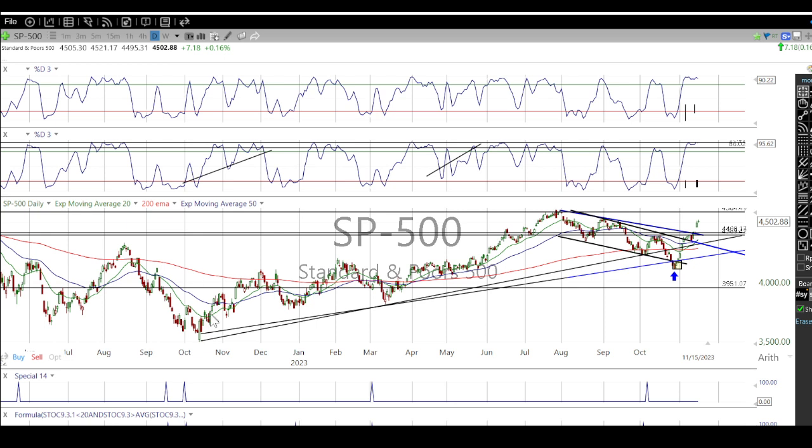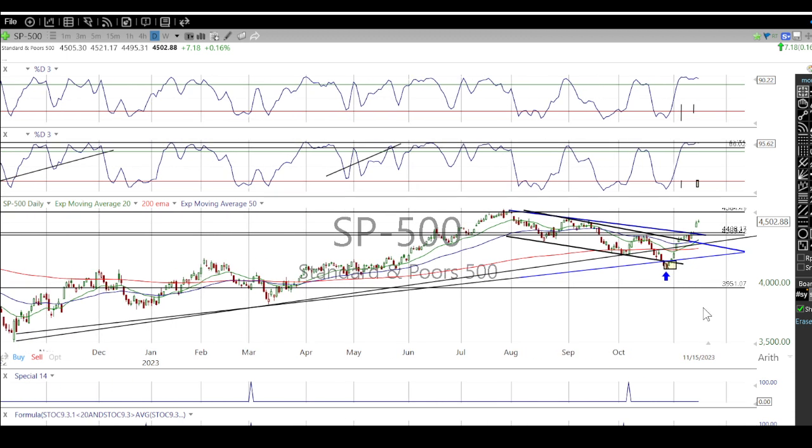Now, if I could show you a typical chart and say, where would you like to be in this chart on the S&P? Now, the S&P is the Standard & Poor's 500. It's the basket of stocks that really makes the overall market. The S&P 500, 500 of the best stocks that make it to the index, and that's what really measures the market. When you hear the market's up 100 points or down 100 points, it's usually the S&P, the Dow, or the NASDAQ. You're hearing, in some cases, the Russell.